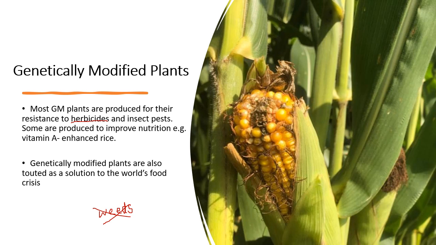So usually when people talk about genetically modified foods, they speak about how this can be expected to solve the world's food crisis, because when we genetically modify plants, thinking back to the videos that I did on genetic modification, it's really a matter of altering their DNA in order to cause them to express certain traits, and those traits can be selected for and they can be favorable. So for example, you can decide to make a plant that is not affected by a certain insect, because maybe whenever that insect gets close to the plant, the plant is able to produce a toxin that kills the insect.